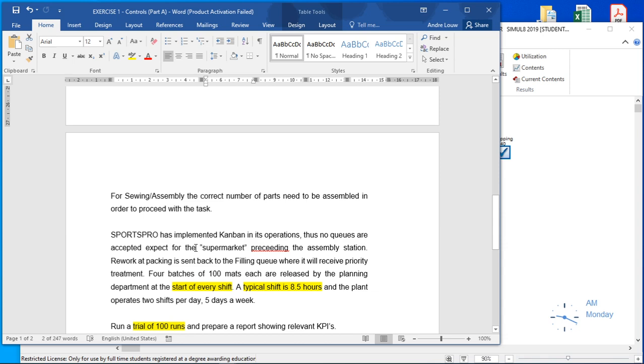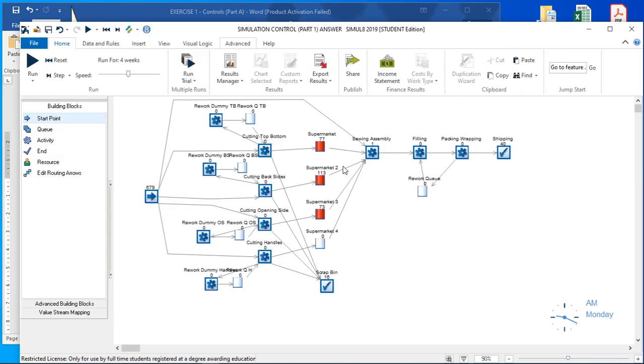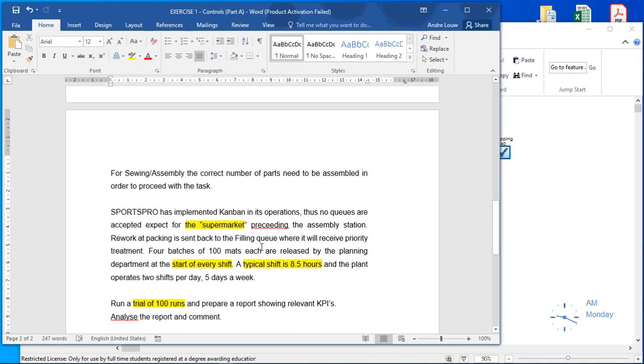Let's go and have a look at that supermarket question. If you think about the supermarket, it's nothing other than a simple queue. A queue that is set up not as a mixed queue, but as a specialized queue. So in this case, I've got tops and bottoms sitting in that supermarket queue there, backs and sides in its own queue, and so on. Each of these has its own queue. Alright, so that's straightforward. The 4 batches of 100 mats, that's our